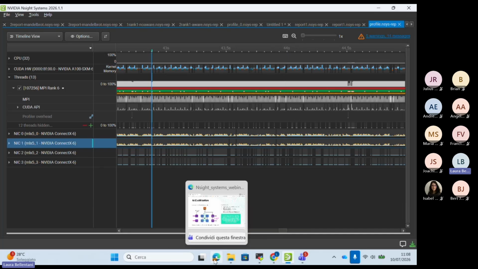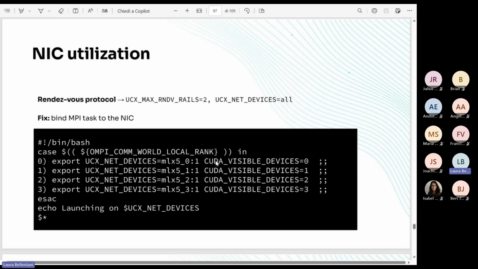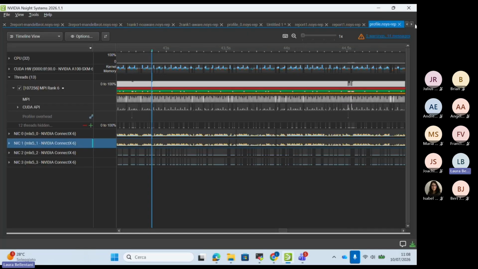After some investigation, we understood that this was due to some settings of the UCX library, and we could fix this improper usage of the network interface cards by binding the MPI tasks to the NICs. Now we can check again if this actually worked.